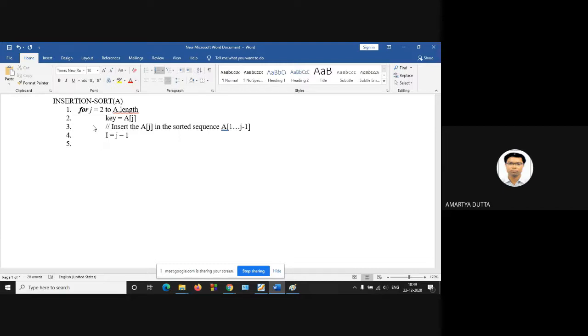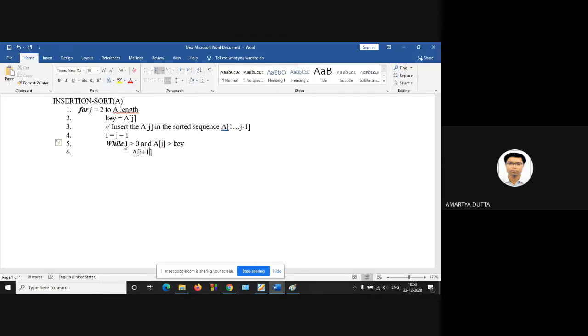And then while is a keyword. While i is greater than 0 and at the same time A of i is greater than your key value, then exchange: A of i plus 1 is equal to A of i.